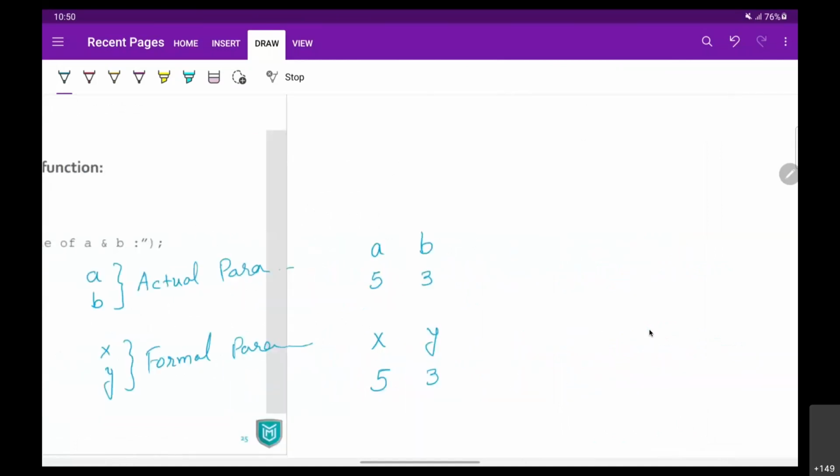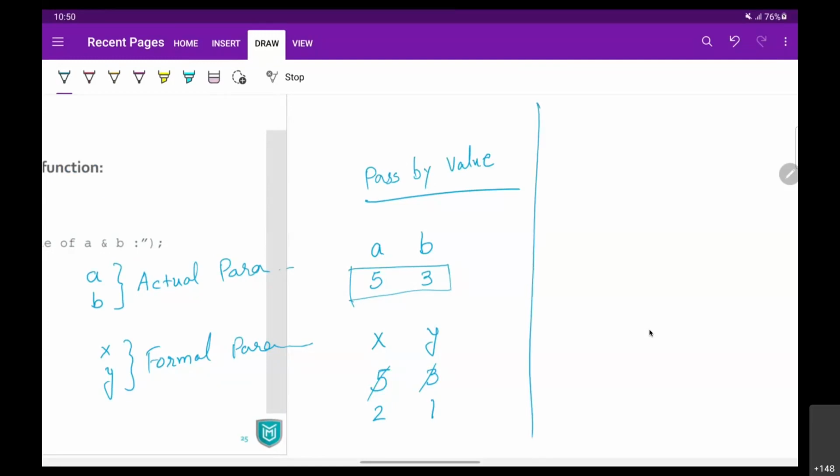Now in future, if you change these two values of x and y, anything that you do is not going to affect your original data. 5 and 3 is going to be as it is. This is what pass by value is, क्योंकि ए बी की अंदर जो वैल्यू थी वही वैल्यू कॉपी हो गई एक्स और वाई के अंदर.